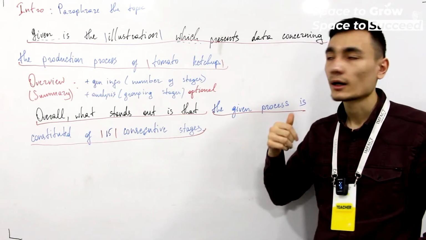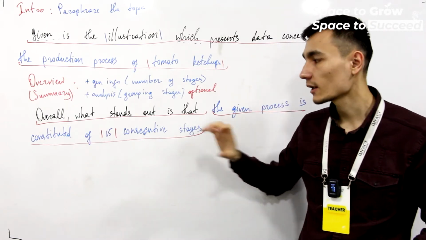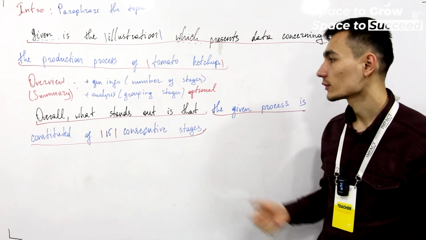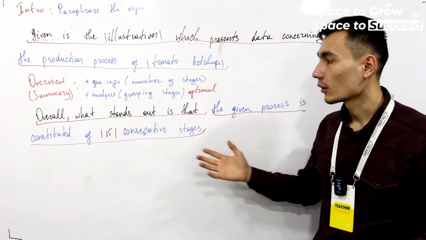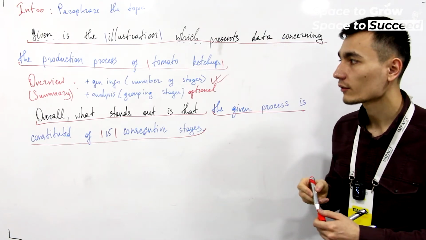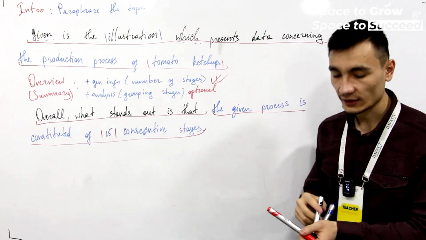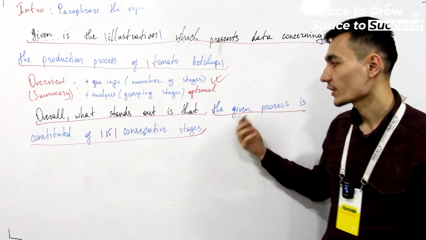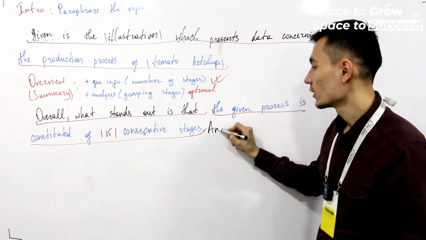And as you gain confidence in this part, as you understand what to do in this part. As you saw, we wrote the first part of our overview, which is general information, the number of stages. We wrote it, and then we have to give analysis. And in analysis, we have to start with the beginning structure again. So the structure is